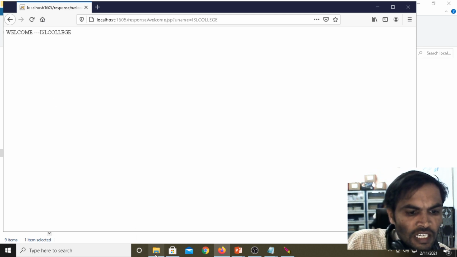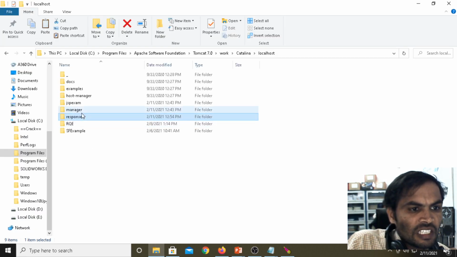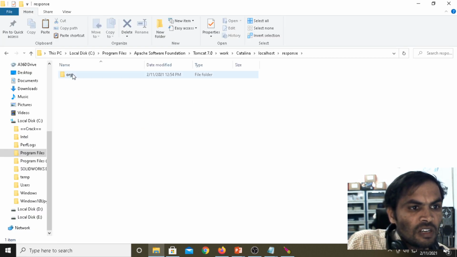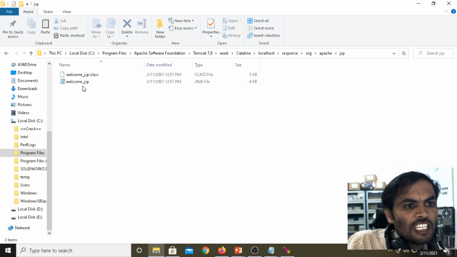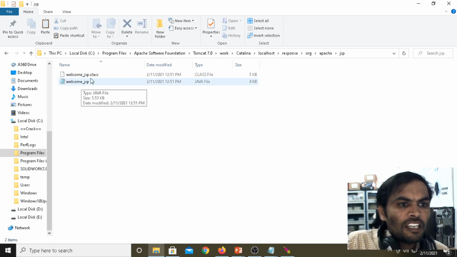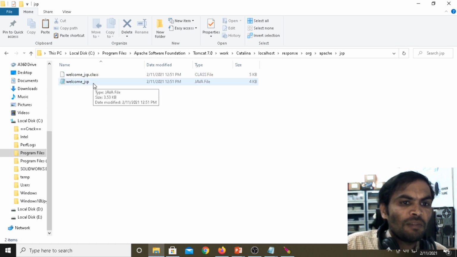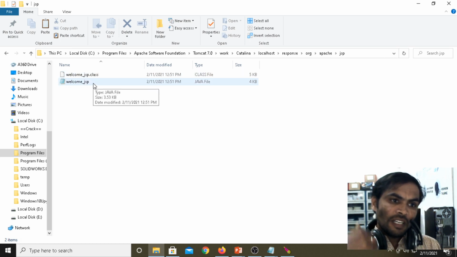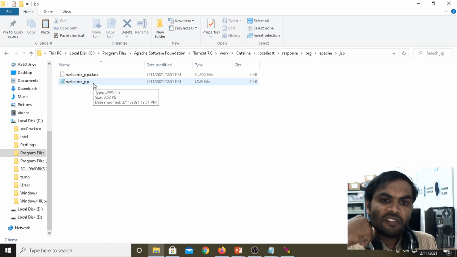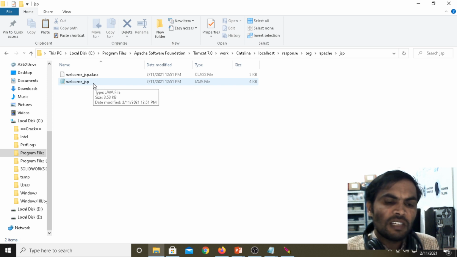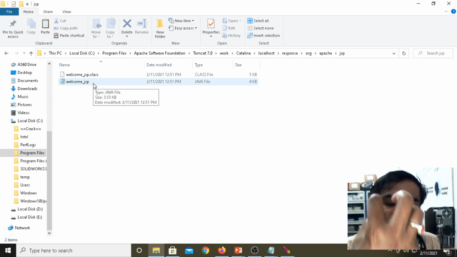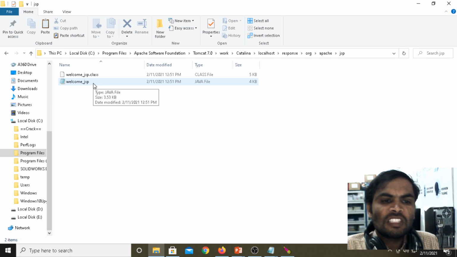If you want to see inside the JSP how it is creating, go to the response, org, Apache, JSP, under the JSP, welcome_jsp.class file. When the user gives the request to the server, the server internally creates the implicit objects, the 9 objects.